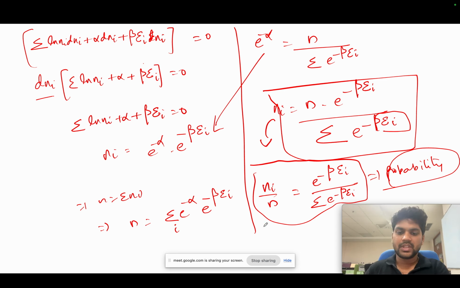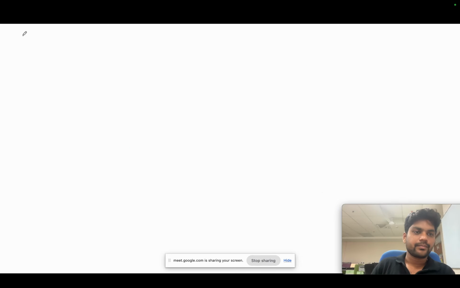This is the one basic equation, but still we don't have the value of beta here. So to get the beta value,